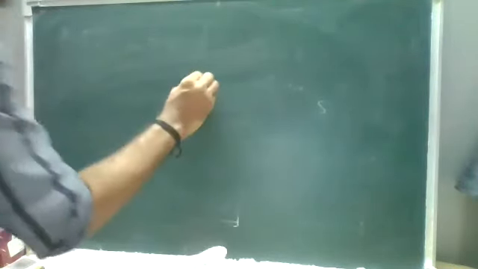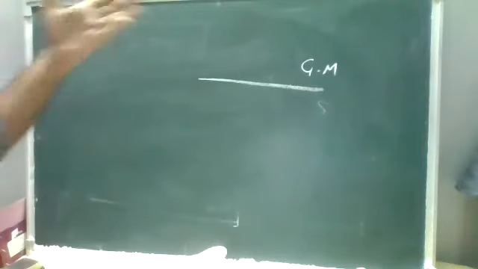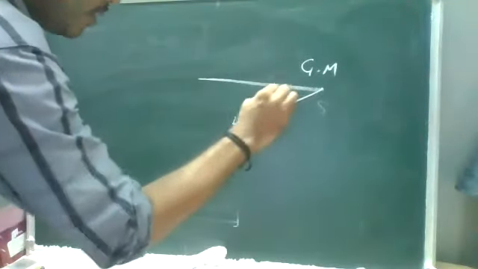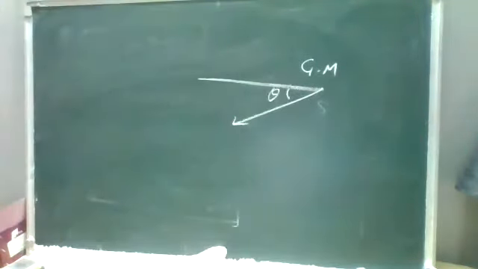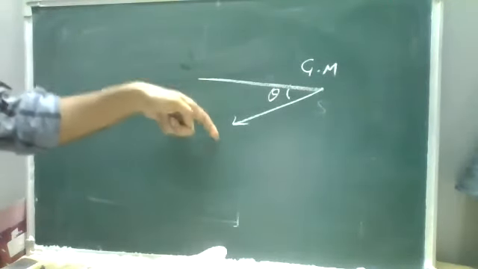So this is the magnetic field. For example, it is your axis, our Earth. We call it the geographic meridian. On the Earth's surface there will be some gravitation, and from that we compare with respect to your magnetic field. So with the geographic axis, the geographic meridian, the magnetic field is slightly tilted, making an angle of theta.